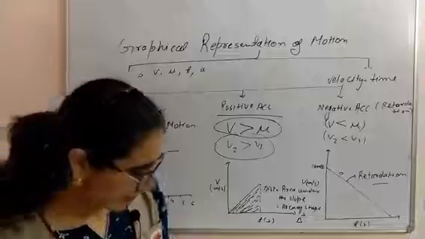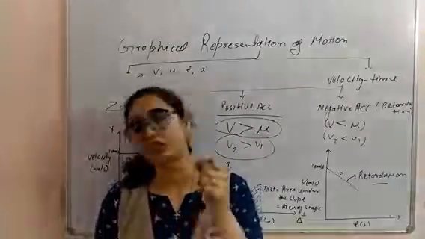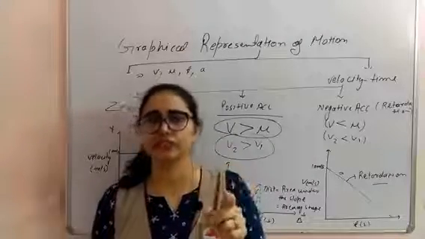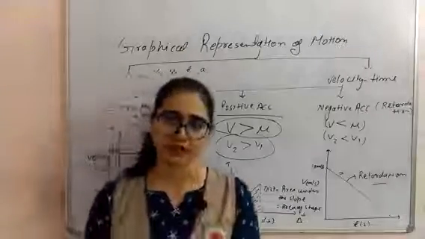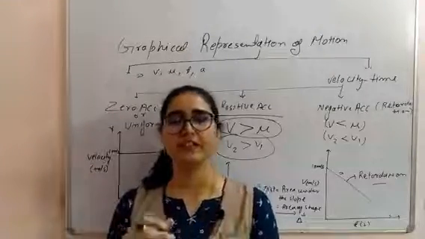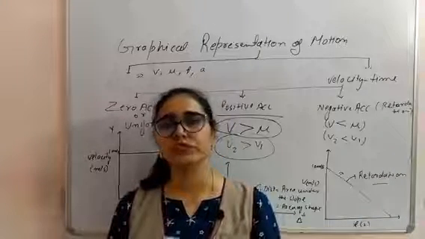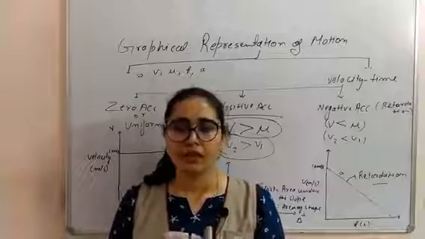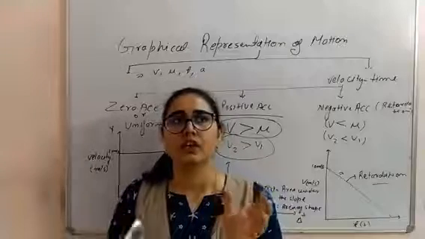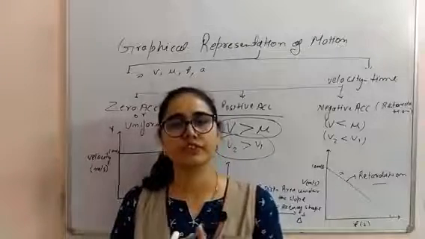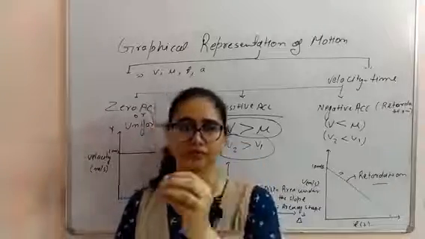Clear? So in today's class we have studied the dt graph and vt graph. We are going to continue with the vt graph in our next lecture also, for non-uniform acceleration, positive and negative. In the dt graph we studied that there could be uniform motion, which we represent with the linear graph, and non-uniform motion, where the velocity is changing, like a simple staircase sort of graph. And the third one was when the object was at rest. These were the three types of graph in the dt one.